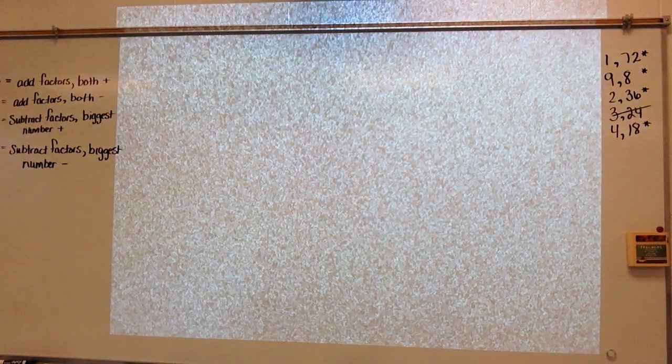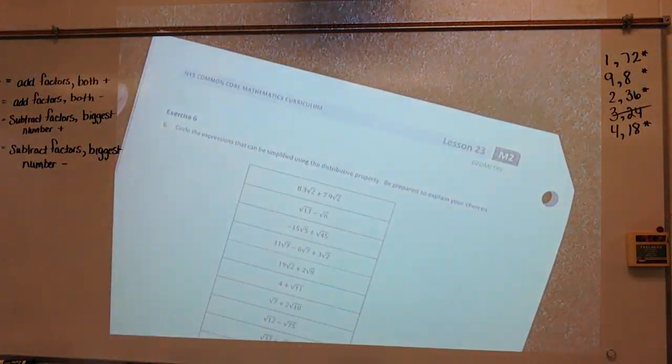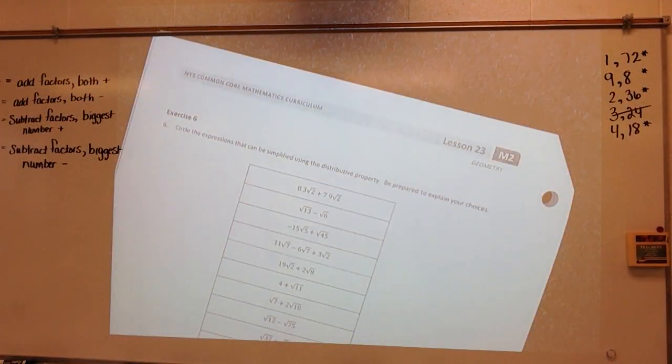Alright, let's look at number 6. Circle the expressions that can be simplified using the distributive property. Be prepared to explain your choices. Alright, so let's look at this. How can I simplify using the distributive property? Thinking about the distributive property,